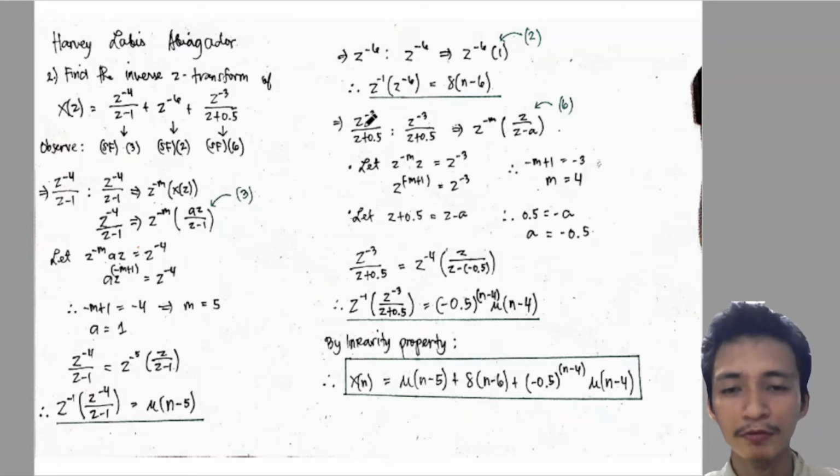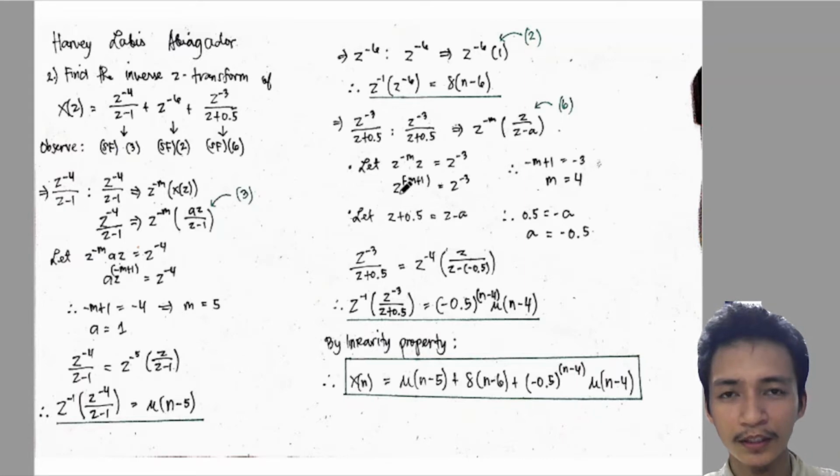Okay, so for the last term, z raised to the power of negative 3 over z plus 0.5, these parts are just shifting, and the x of z that we pick is the 6th in the table because of its denominator. So this is the a. Okay, so we're using this one, we let z raised to the power of negative m times c equal to